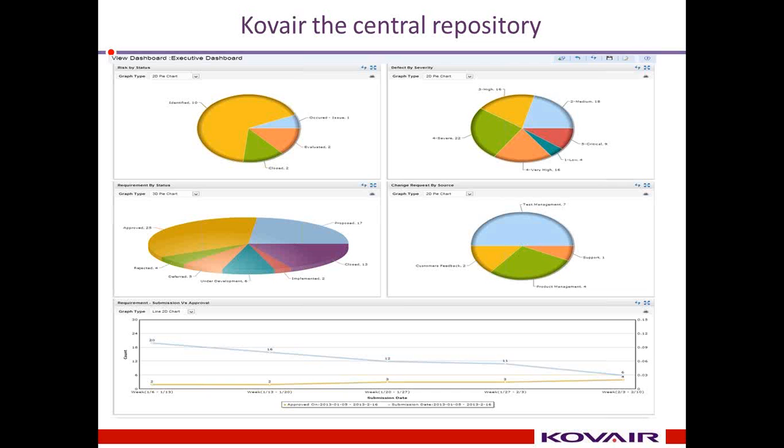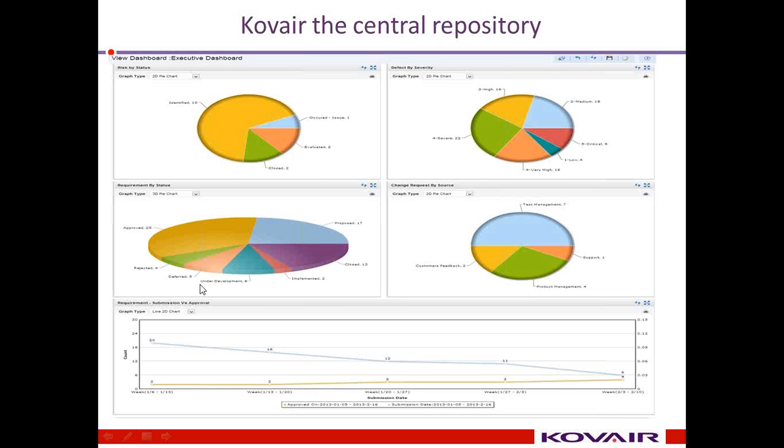Then other dashboards and reports are available, like risk by status, defects by severity, requirements by status, change request by source, and requirement submission versus approval. As I was saying, CoWare not only provides project management, but the overall ALM studio with the other artifacts like requirements management, development management, defect management, and test management.